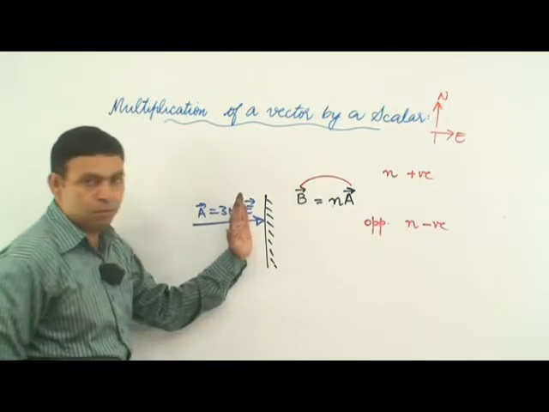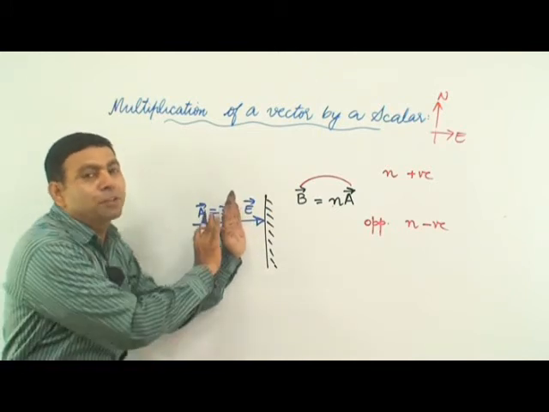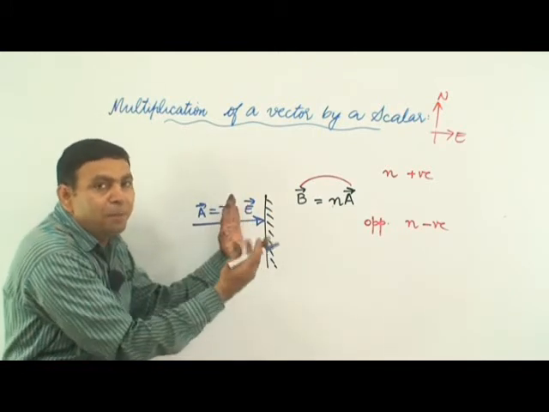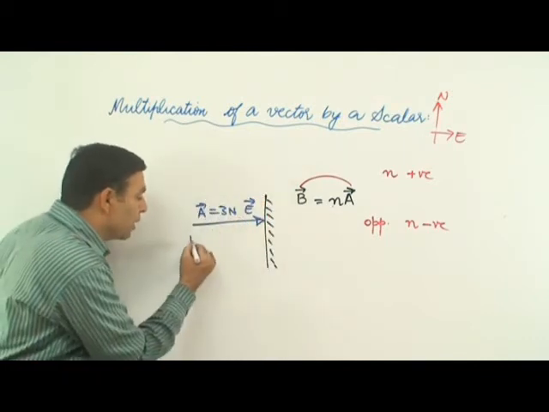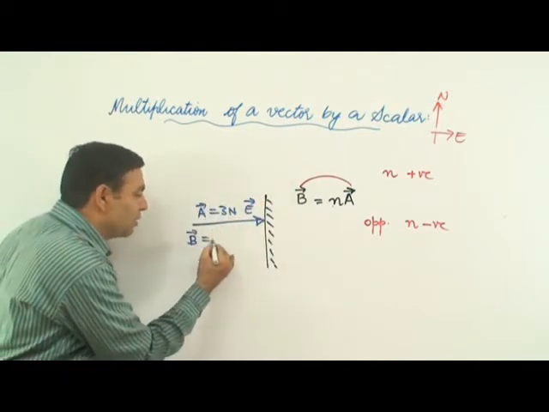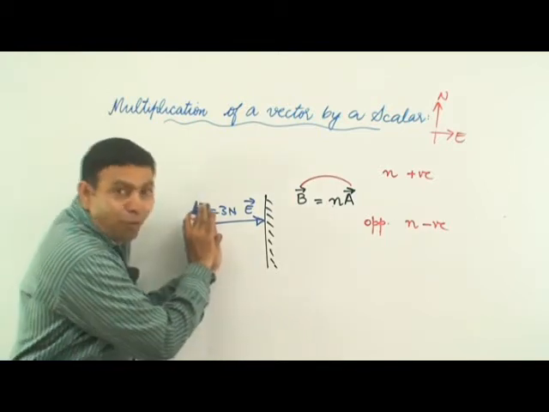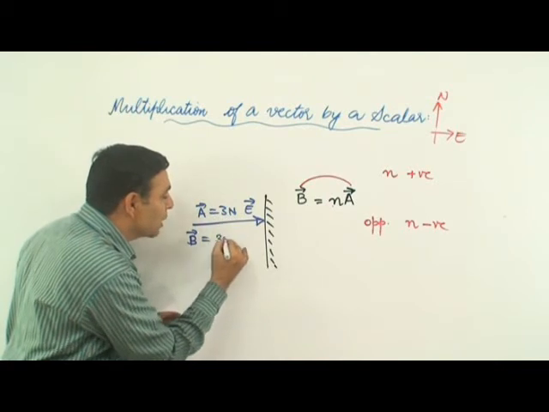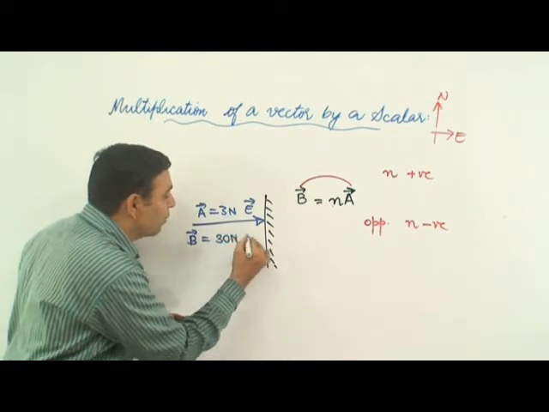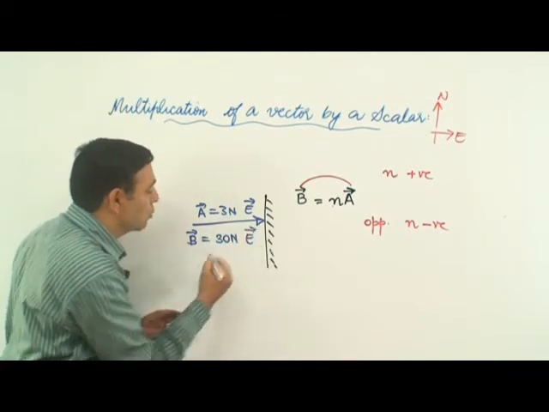What if I multiply this force by 10? 10 is just a number, a scalar. If I multiply this by 10, what do you get? Obviously you get force only, another force 10 times more than this force. So it's going to be 10 times 3 Newton, which is 30 Newton. Once again it is going to be in the eastward direction only, because I am multiplying by a